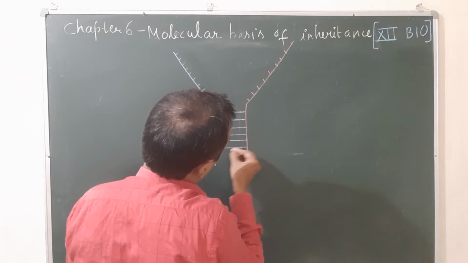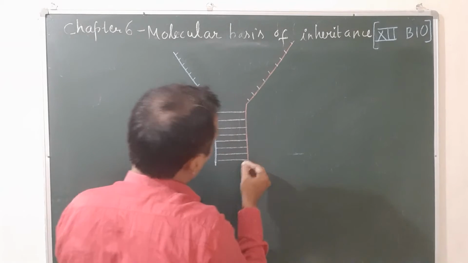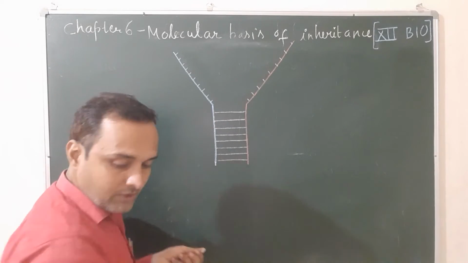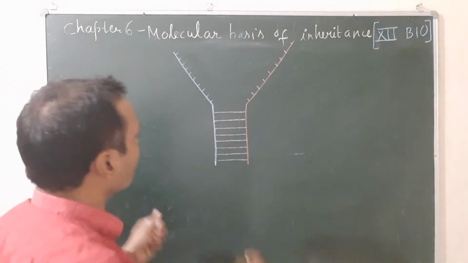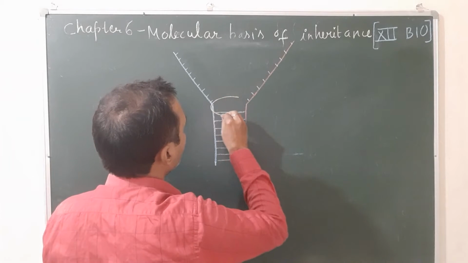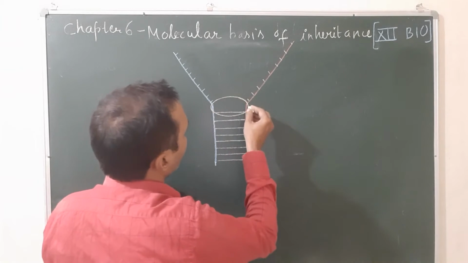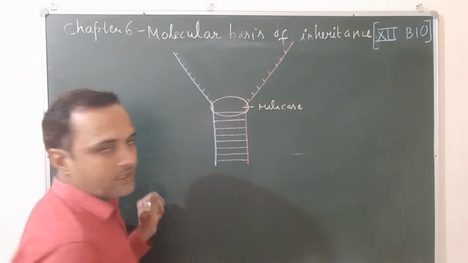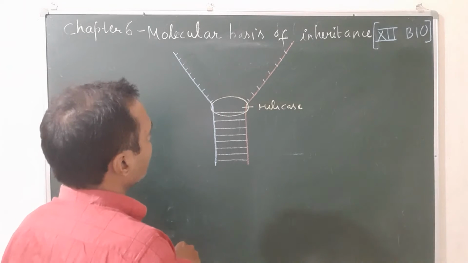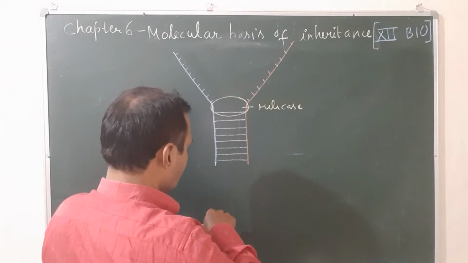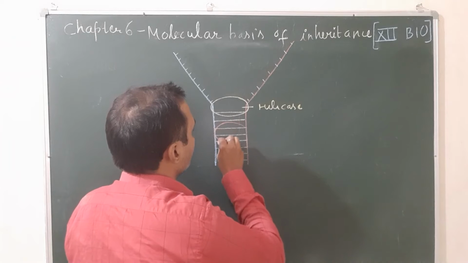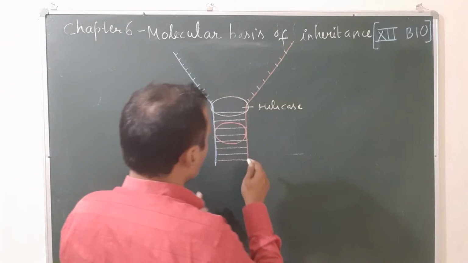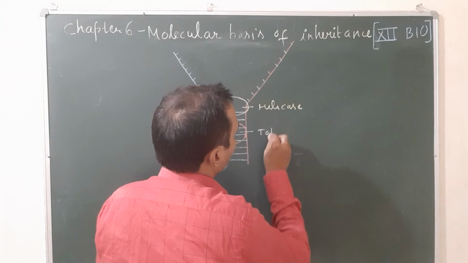So during unwinding of DNA, 3 enzymes work. The first enzyme is helicase, which helps to break down the hydrogen bonds between the 2 strands of DNA. Here one more enzyme helps to reduce the torsion. That means it reduces the supercoiling in the unopened part of the DNA, and that is known as topoisomerase.